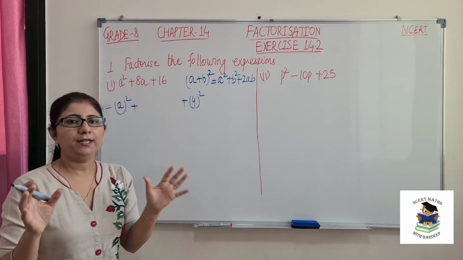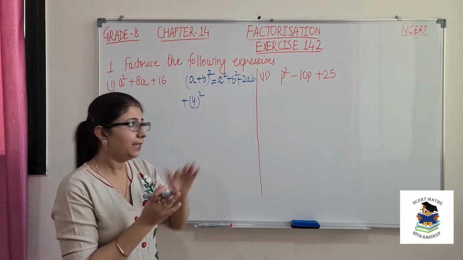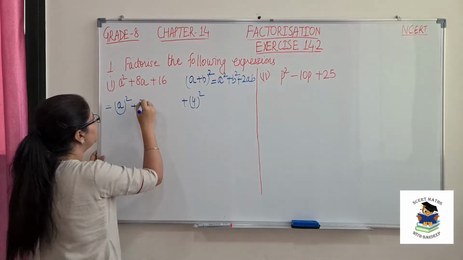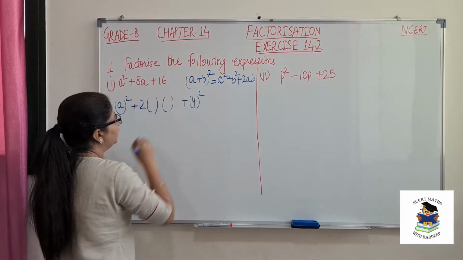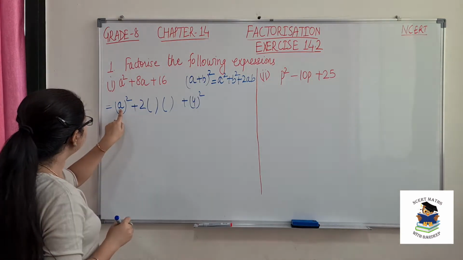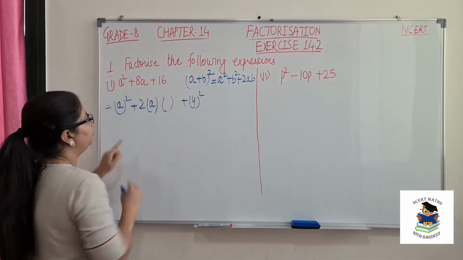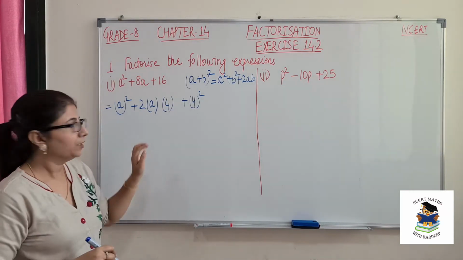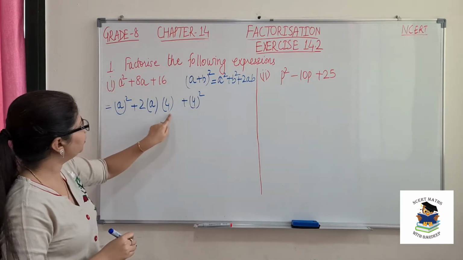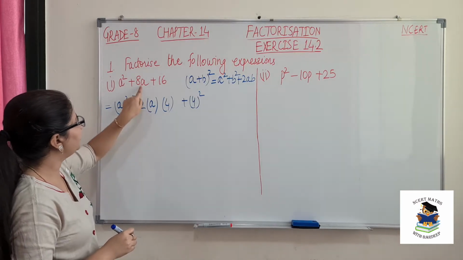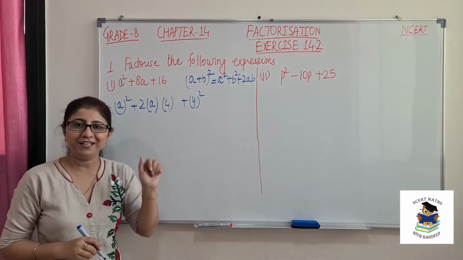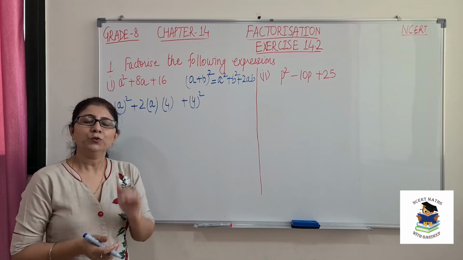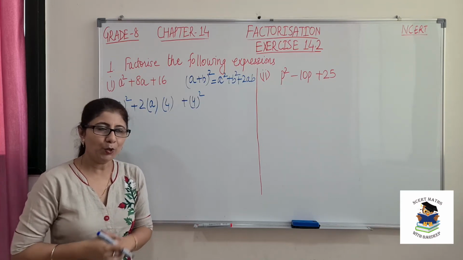With those two a and b, can we make 2ab as our same term? It should be 2 times a and b. So what is a? This is a itself here. What is b? This is 4. So multiply it together. 2 into 4 is 8, 8 into a is 8a. So yes, we get 8a. This means we can use a plus b whole square.